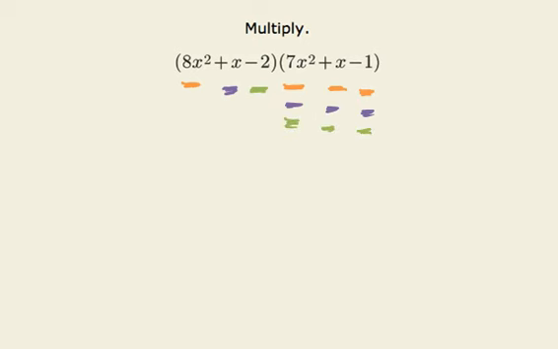So at the end of the day, we've got 9 different multiplications that are going to happen when I'm multiplying a trinomial times a trinomial. So we just need to keep track of all 9 of those,